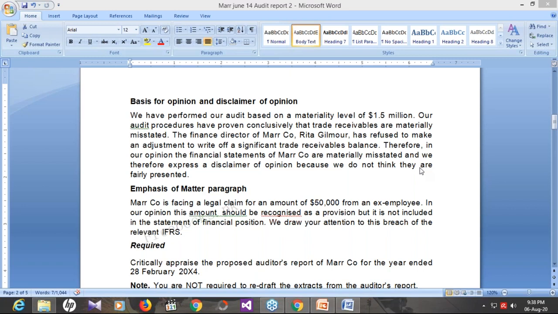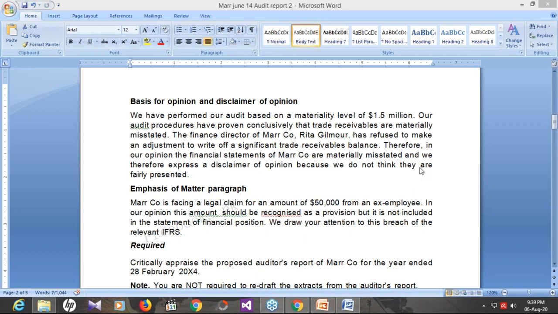The next question is from Ahmed Junaid: can the ACCA examiner ask to redraft the CAM or the audit report? If yes, that means we'll have to ratify the contents of the report. No, Ahmed, the examiner will not ask you to redraft or write the audit report. This will not be the case. The ultimate possibility is that he can give you an audit report and ask you to critically evaluate it. This is the case with question MAR.